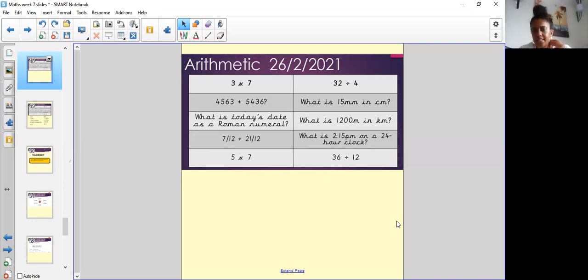So starting off for our lesson today with your arithmetic, remember you can pause the screen, have a go at completing the questions and time yourself to see if you can beat yesterday's time. So I'm going to read out the questions to you to start off. So we've got 3 times 7. Number 2,